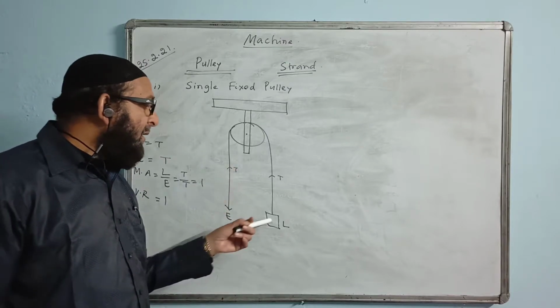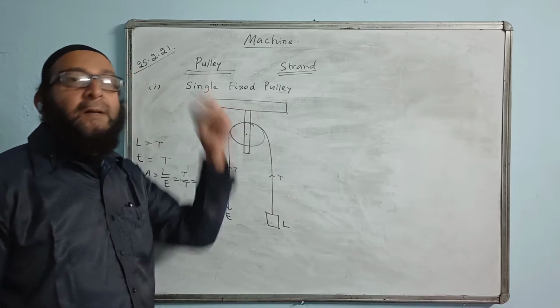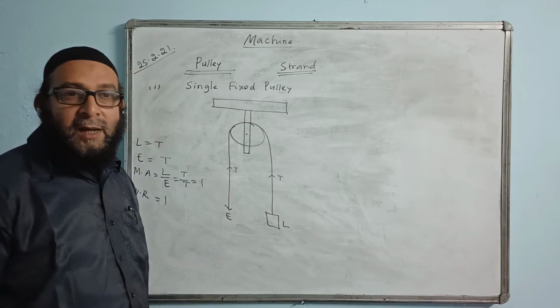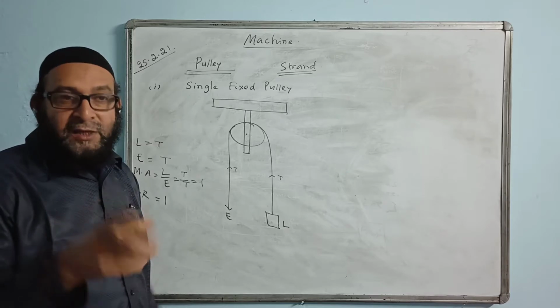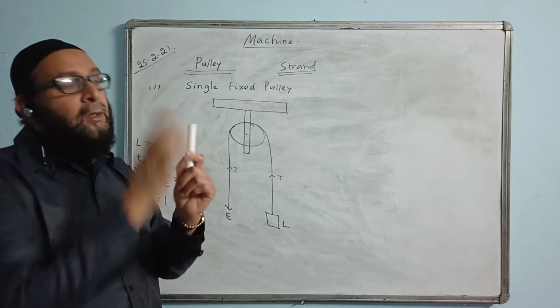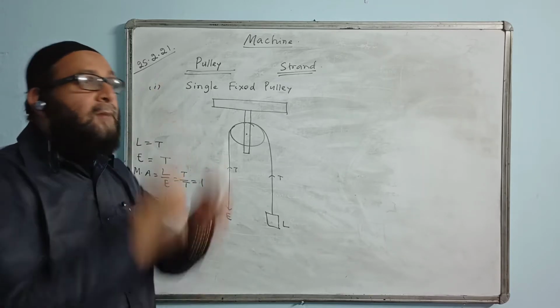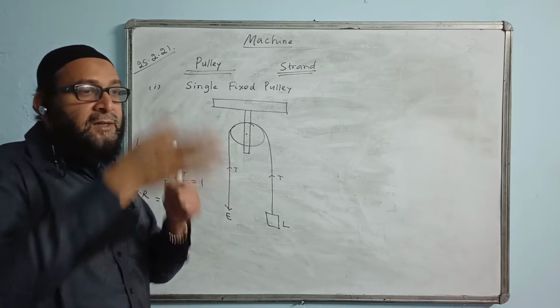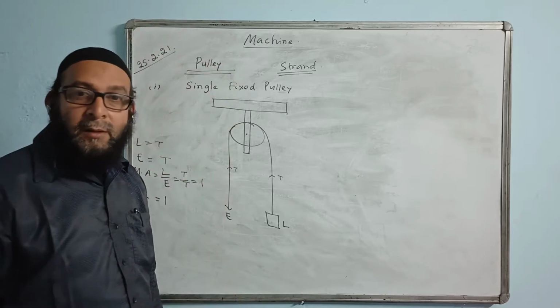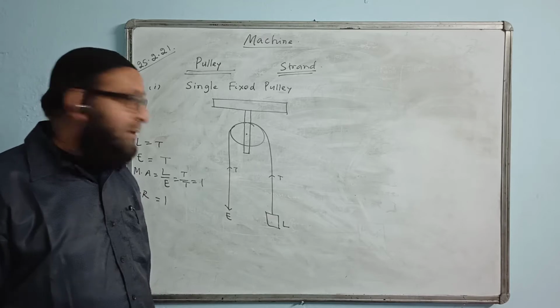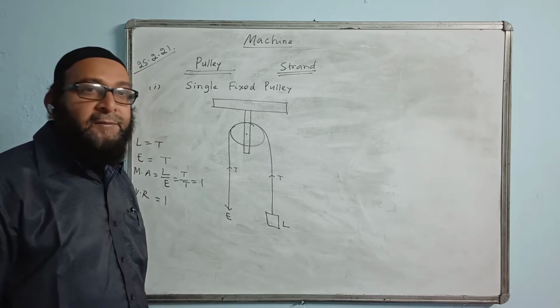But with this system, we can lift the load to any height, maybe 50 meters high, maybe 20 meters high, any height. You can see the flag stand on the pole. The pole is quite long, so the flag is lifted up there by pulling the rope downward. The flag will be going up there. So this is very advantageous, the downward direction, and this is convenient.